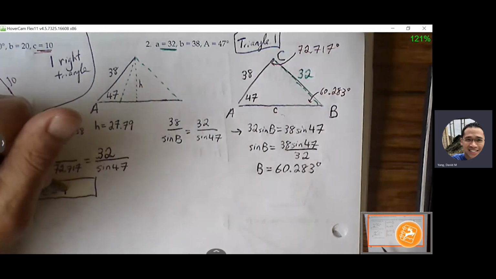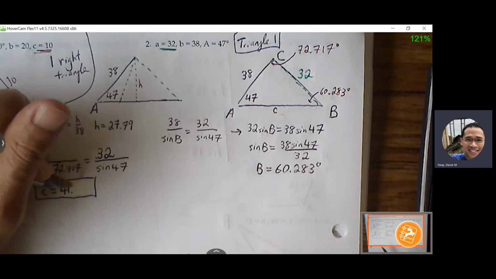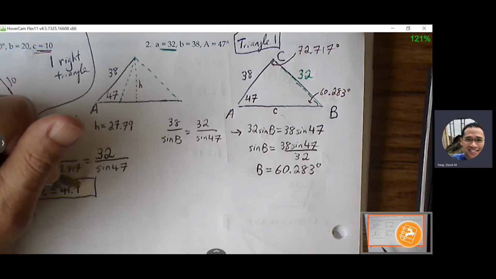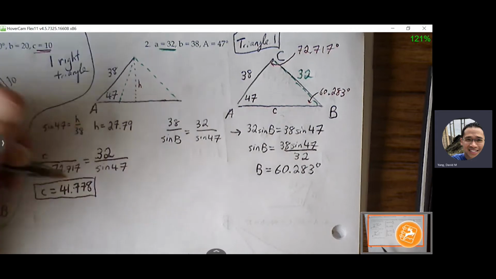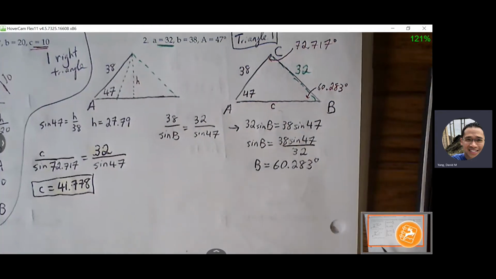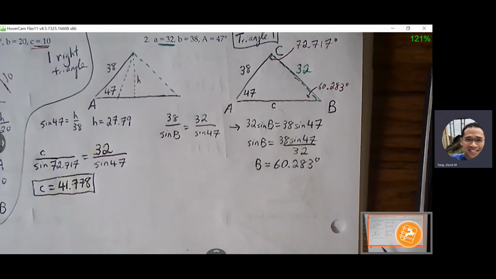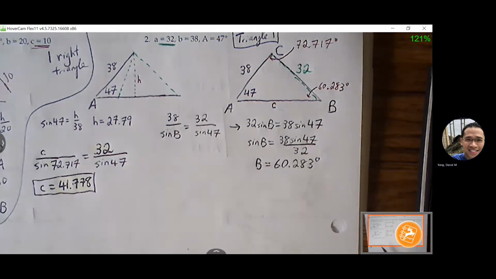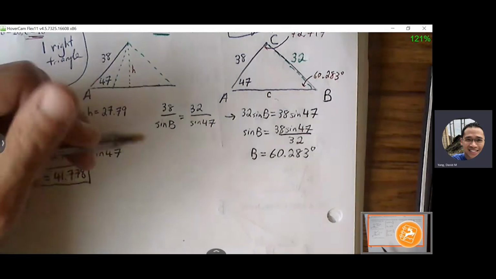Sorry. Okay, sorry, 41.778. Yeah, you can either round that last number or you can keep it. Okay, so now